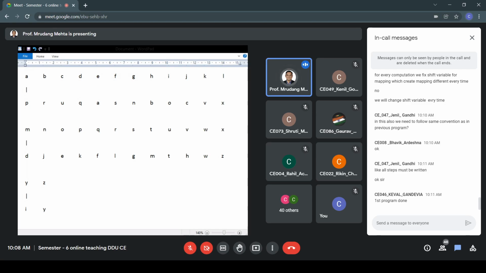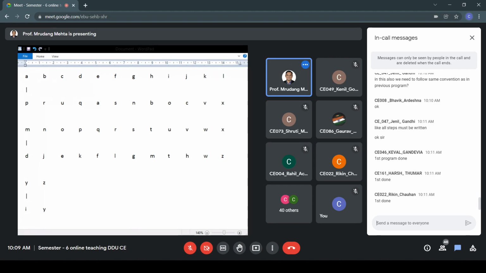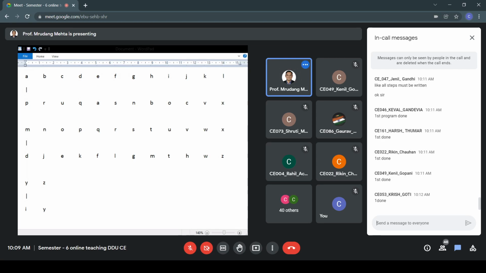Keval, first program done, very good. So I can see that 7 or 8 students have done the program, and one of you has also shared your output. Yeah, that is a good thing. Rikin also done. Parsh also done. Kenil Gopani, he has also done. Okay.